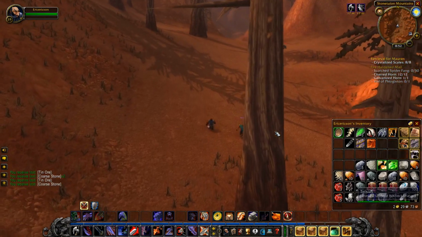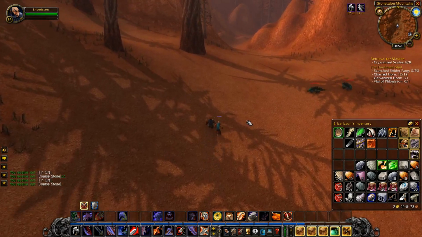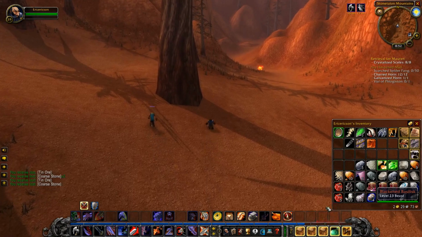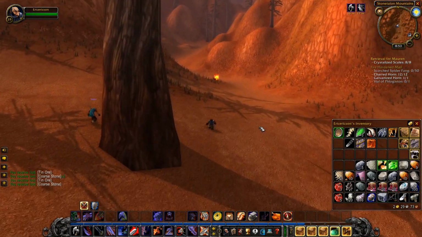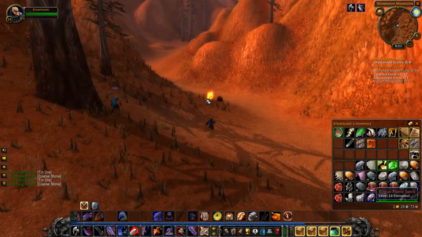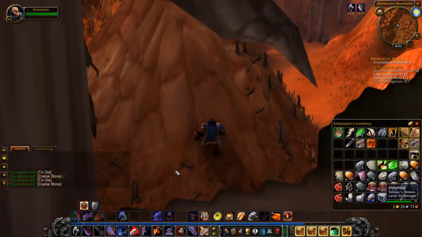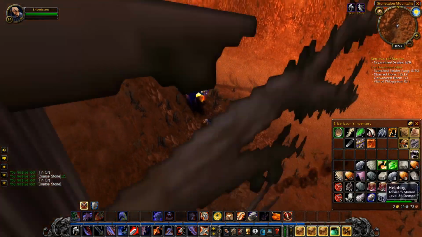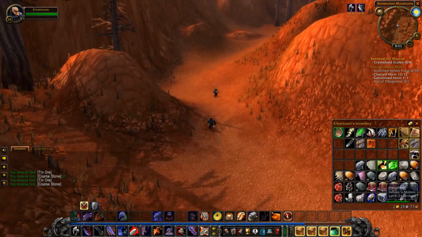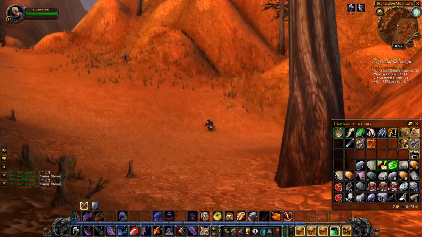There's an undead warlock. See, these ones here are blackened basilisks, not scorched basilisks. Fire spirit, leave me alone. He's got a... He sicked his minion on it. Clever. Why did we skip the...